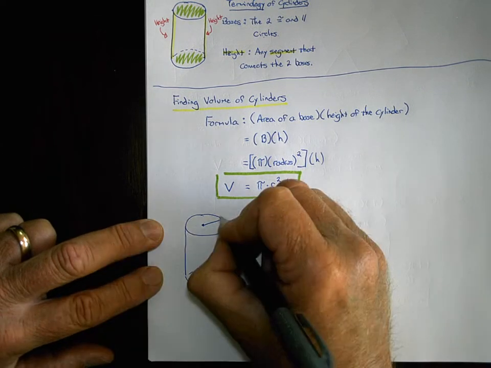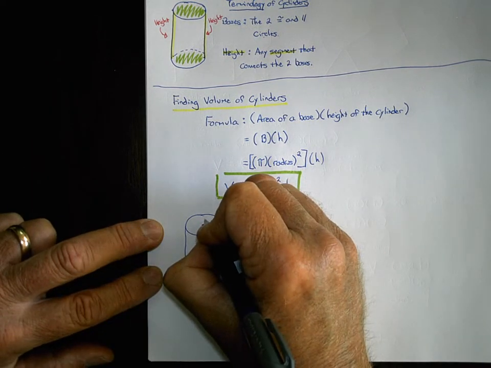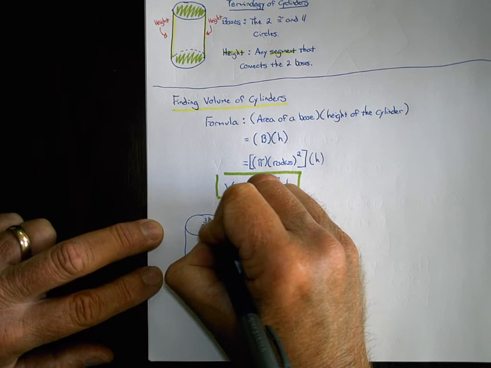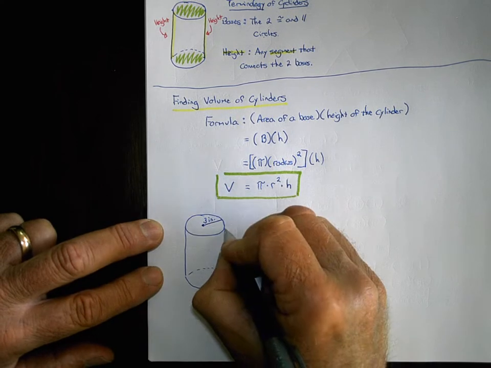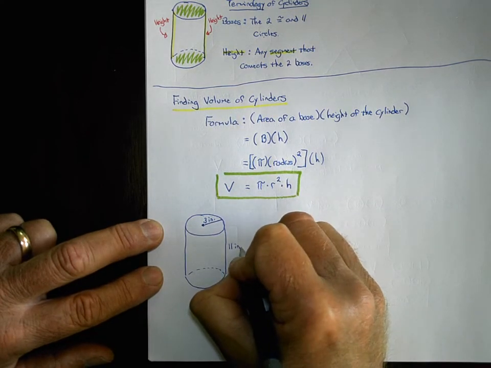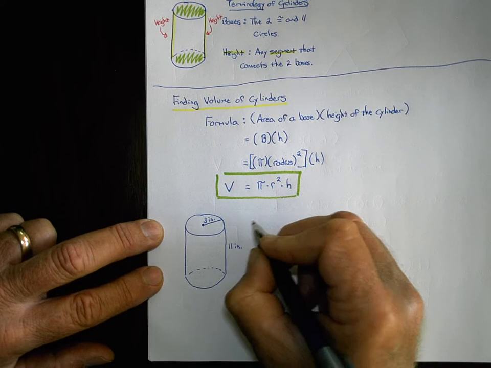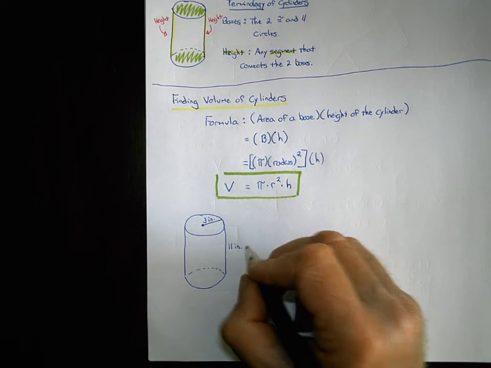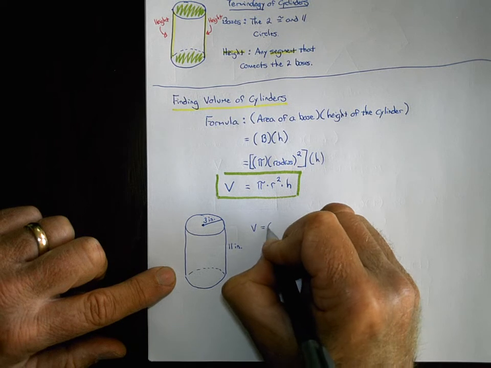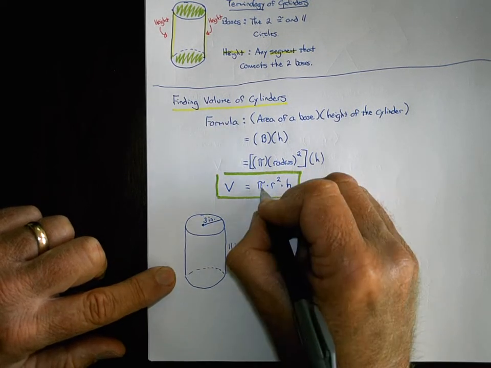So it's right on the circle. And let's go ahead and make this 3 inches. And then right along the side here, let's make this 11 inches. Okay, and we're going to find the volume of this cylinder. Okay, so how do we find volume of a cylinder? We're going to use the formula pi